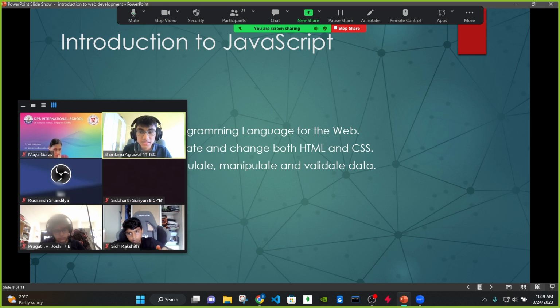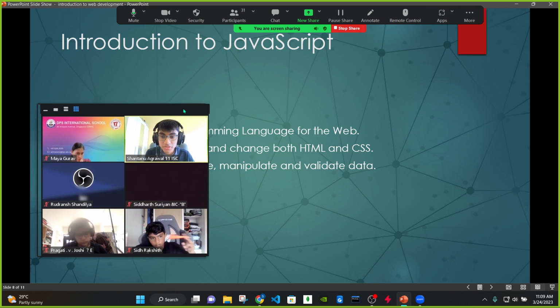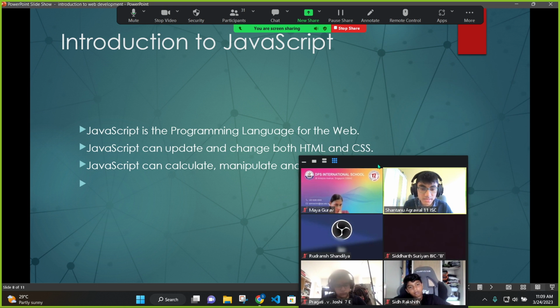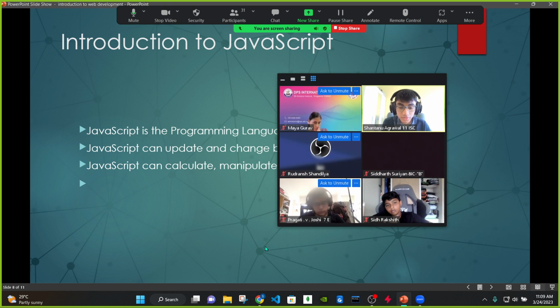So third one is JavaScript. JavaScript is a programming language, and JavaScript is used to interact with HTML and CSS. So all the actions that the website does is using JavaScript. It can calculate, manipulate, and validate the data. So for example,